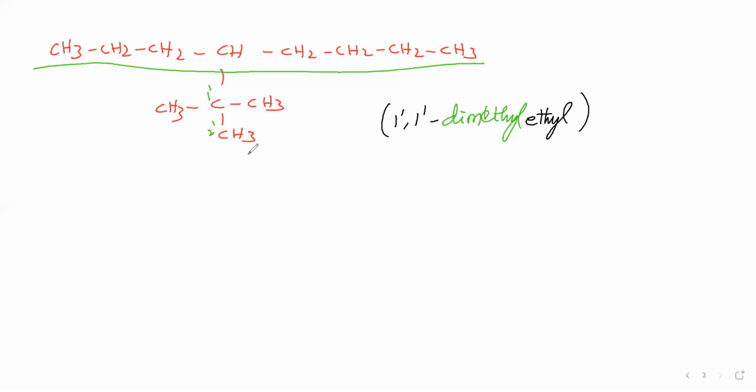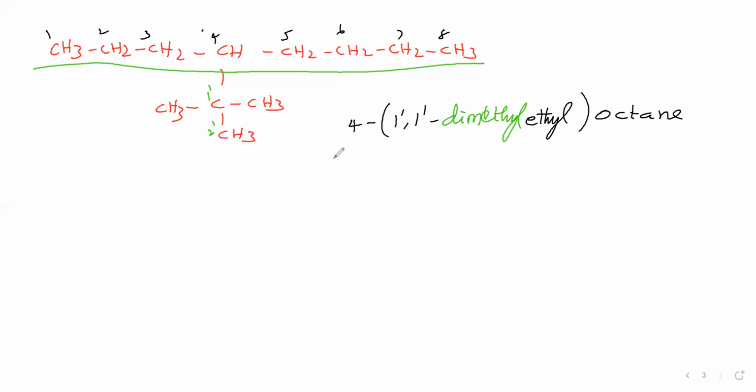Then we have to say this complex substituent's position in the main parent chain, for which we have to give numbering in the main parent. Here 1, here 2, here 3, here 4, here 5, 6, 7, 8. So this complex substituent is present at the 4th carbon, therefore we will give 4. Here 8 carbon atoms are there. 8 means oct and the primary suffix is ane, octane. Like that we can say the name of this one.